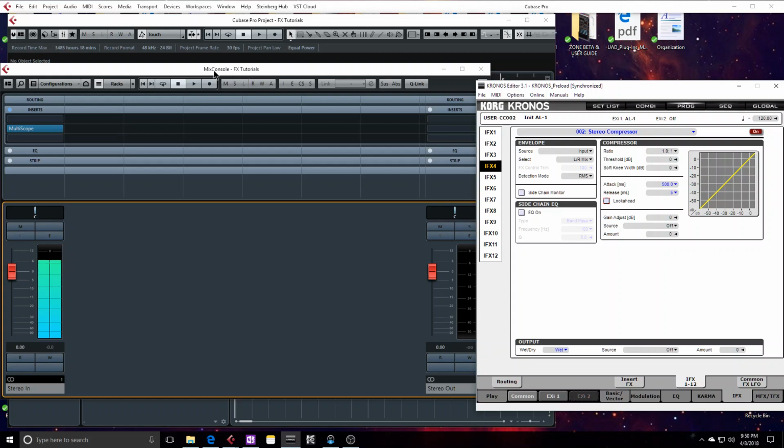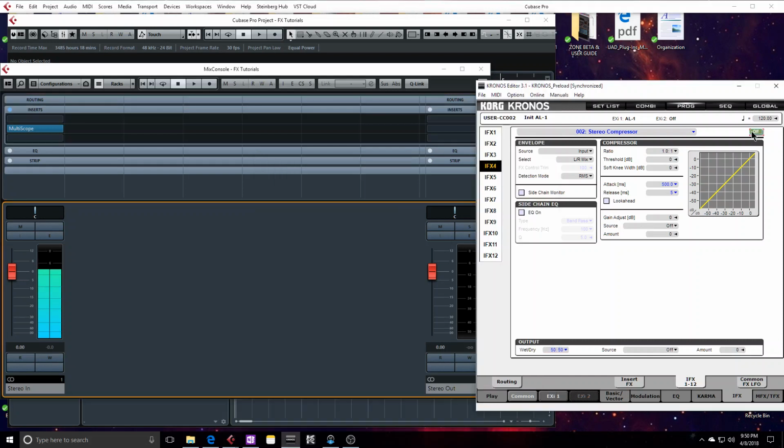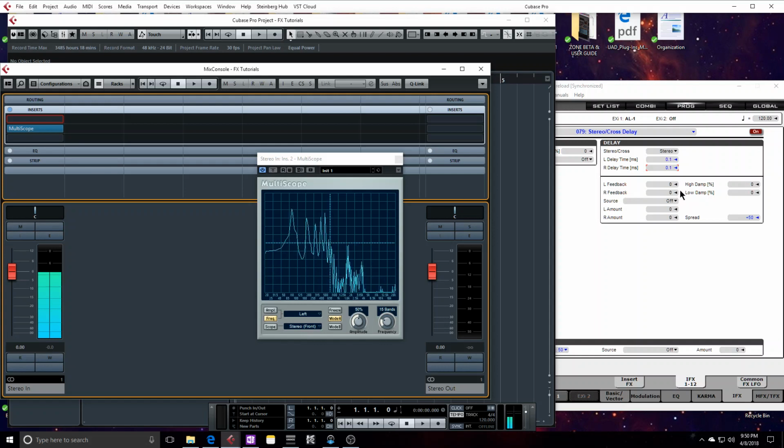And to see and hear what that sounds like, first let's just hear it. This is noise. 50/50. And if we go to Cubase, we're getting a dip at about 8K. And if I turn this off and then jump over to my delay and put it at 0.1, then look at the spectrum analyzer,